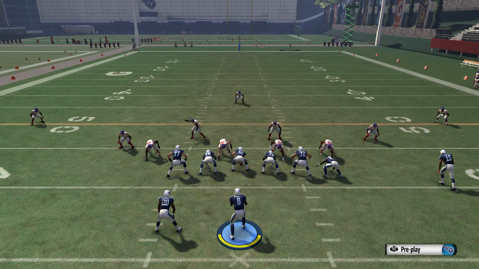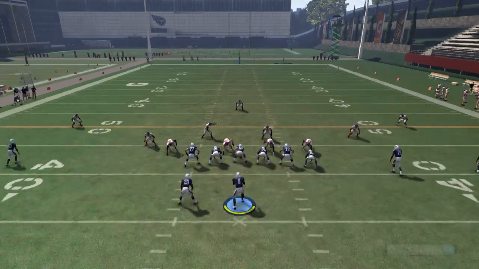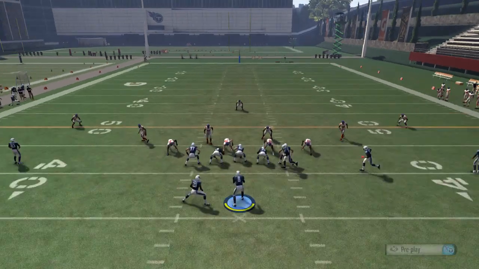Now the next thing, and probably the most important part of this whole scheme, is one of the quick audibles. So your quick audible for a run is inside zone. The best part about this inside zone run audible is that you can take this up the middle or you can bounce it out to the outside. And if you're playing Ultimate Team and you have a quick running back like Jerick McKinnon, or maybe an elite Jamaal Charles or a Chris Johnson or somebody with some good speed,